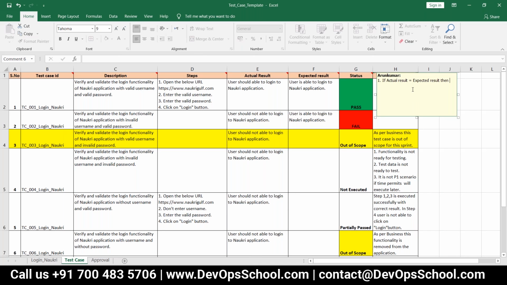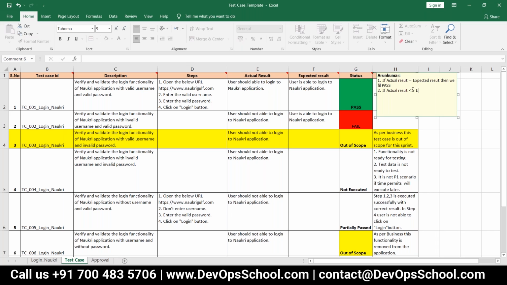Second, if actual result is not equal to expected result,